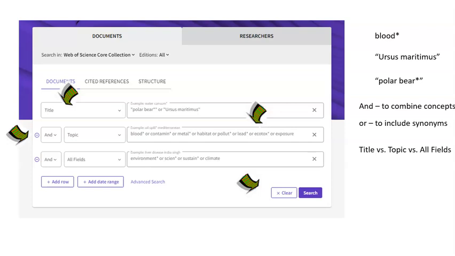I filled it in with my search strategy, and it says, what do you want to look for? So you've identified your research topic or question, you've identified your concepts, and you've looked for synonyms or other words that may be appropriate because you found articles, you looked at web pages, you know more about this topic. So I put in polar bear or Ursus maritimus,